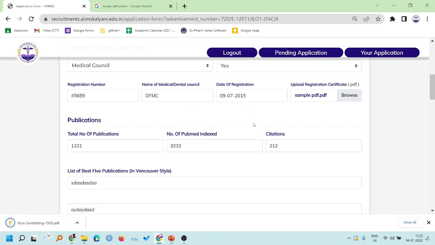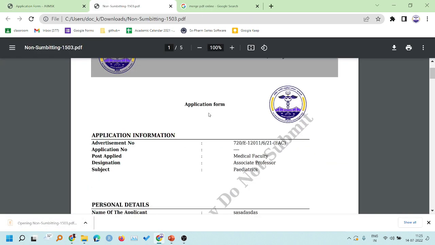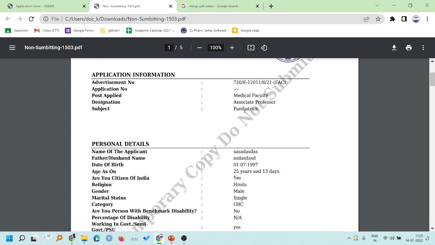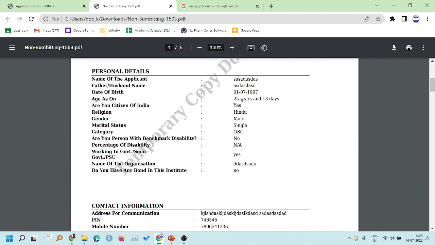Now our PDF is ready. So you see that one file has automatically been downloaded here. So you click this. So you will get a preview of your application form. So you see we applied as pediatric associate professor, all the details I filled up, it is